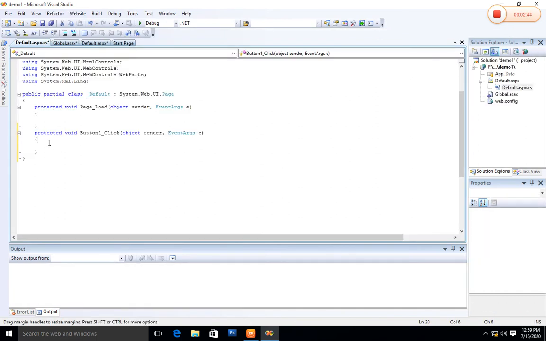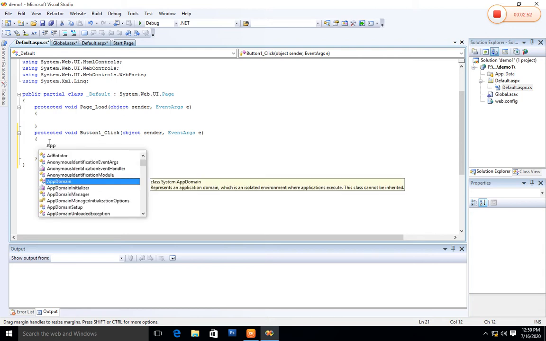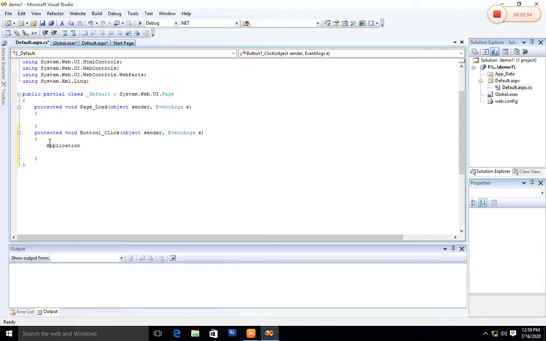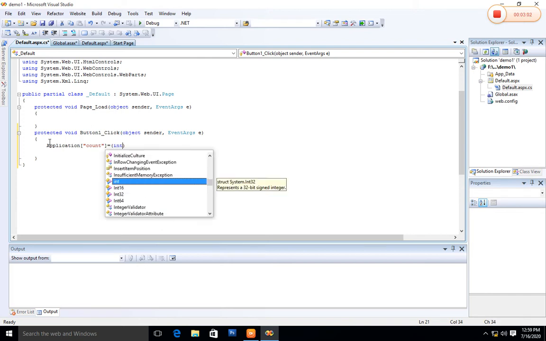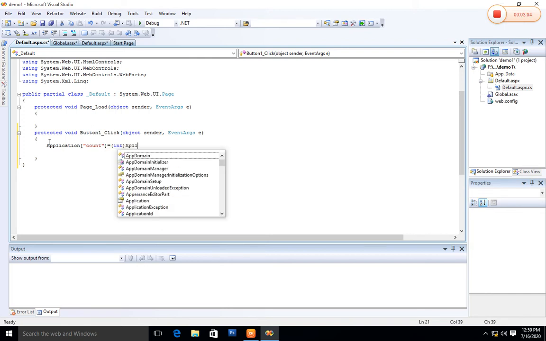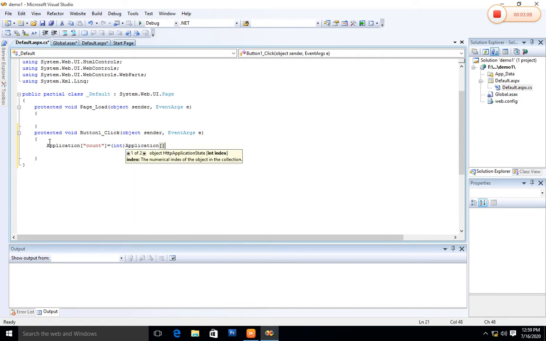We write code here to increment a count: application count equals to integer application